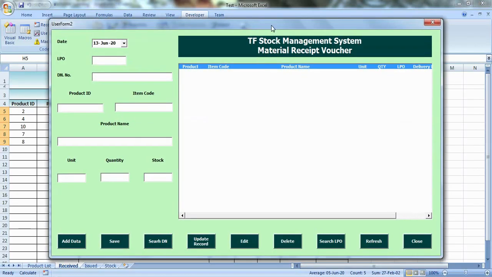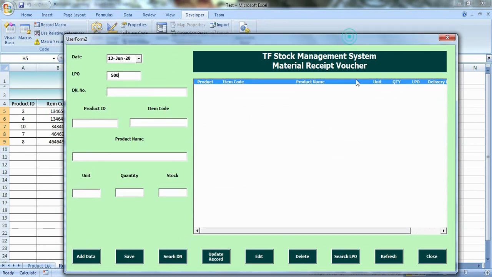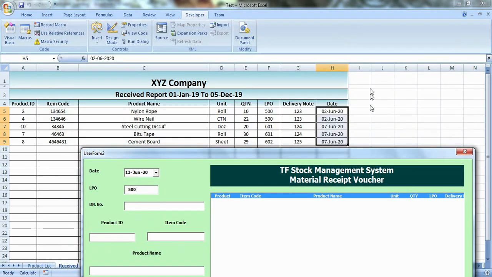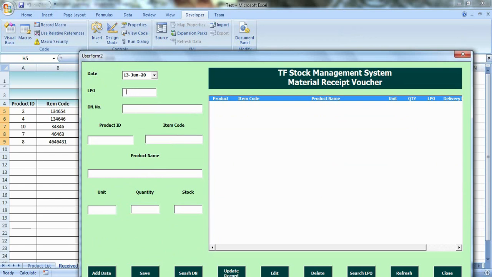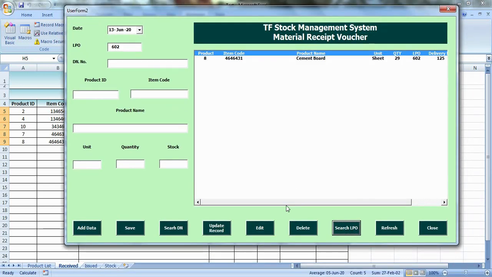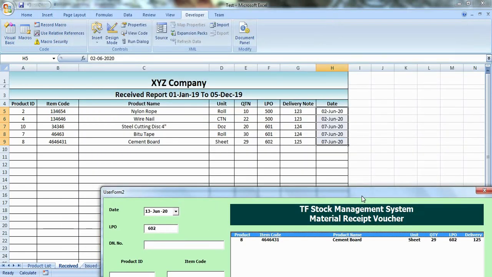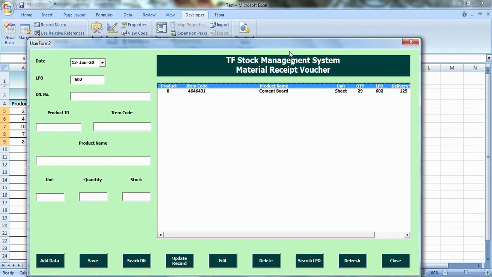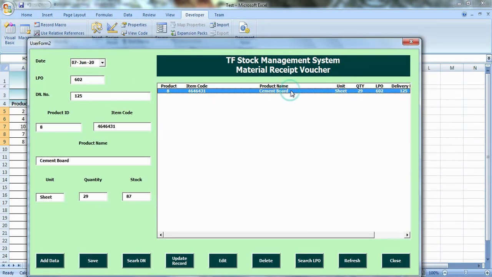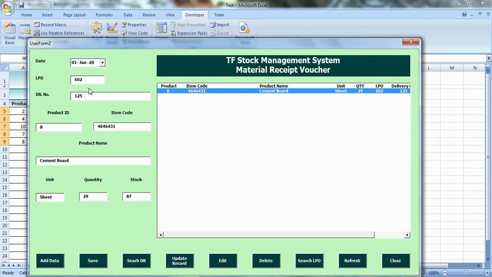Okay, so if I search LPO number 602, here you can see that our first record is dated June 2, 2020. So I will select this row and I will change the date. Instead of 2, I select 1. Okay, and here also I make some changes.